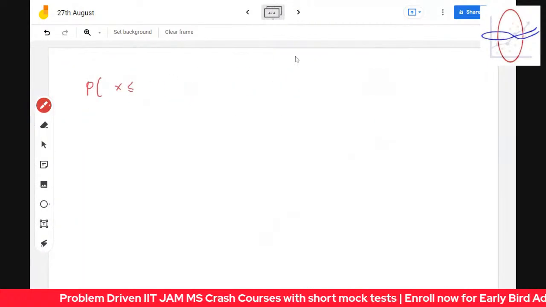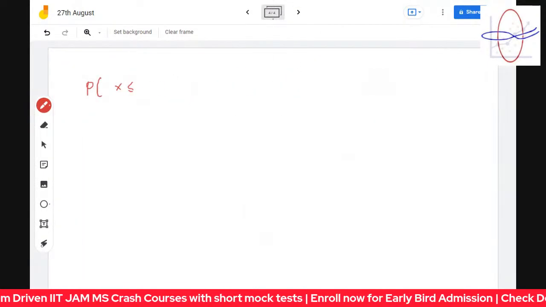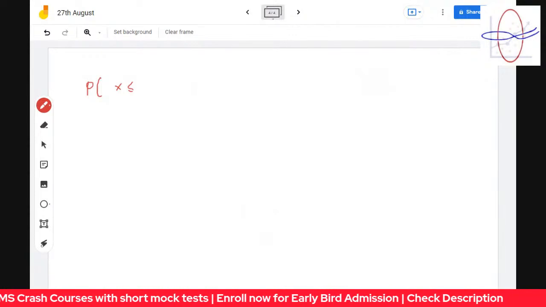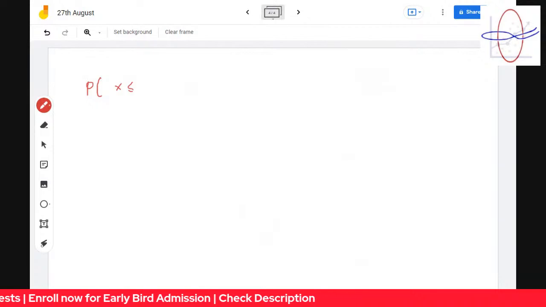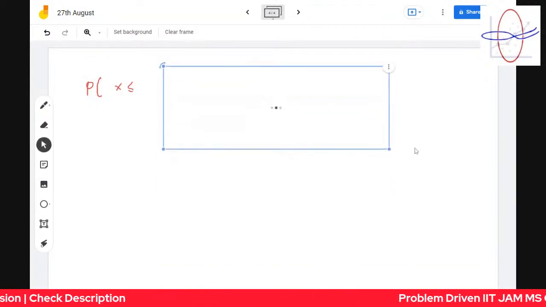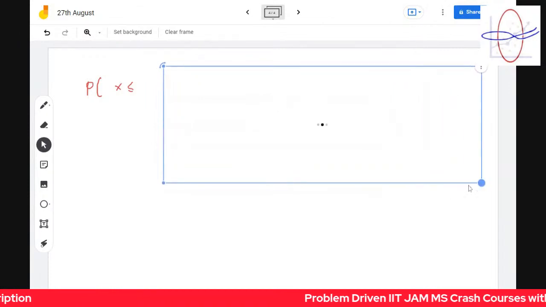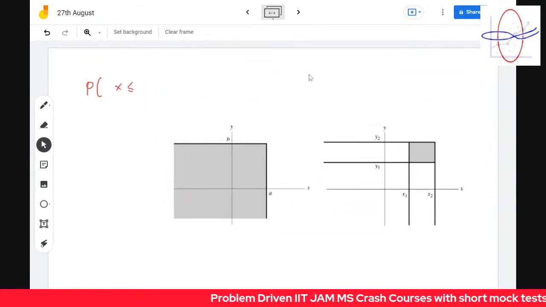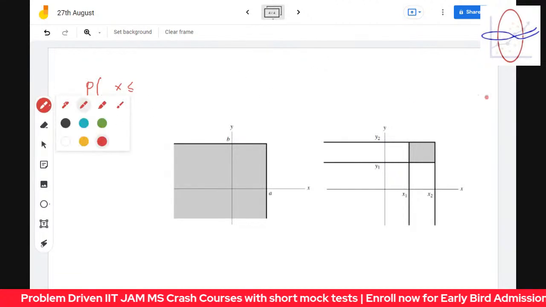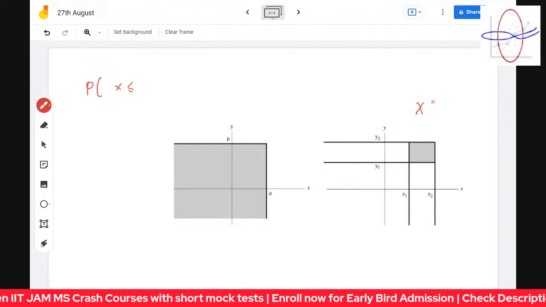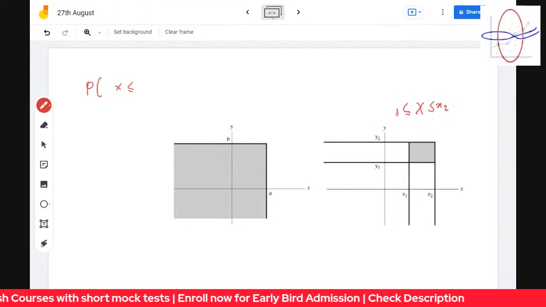These diagrams are super important to know and understand. The probability of x comma y lying in this rectangle, that is x less than or equal to x2 and greater than or equal to x1, and y less than or equal to y2